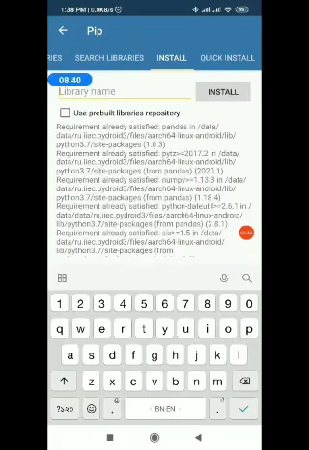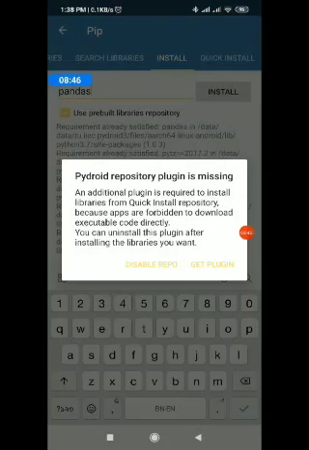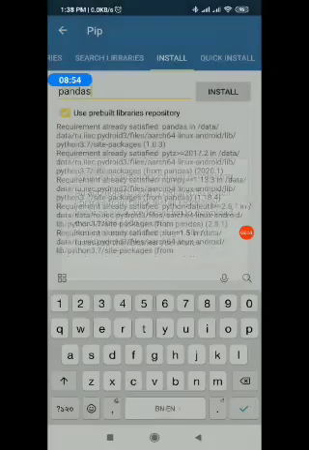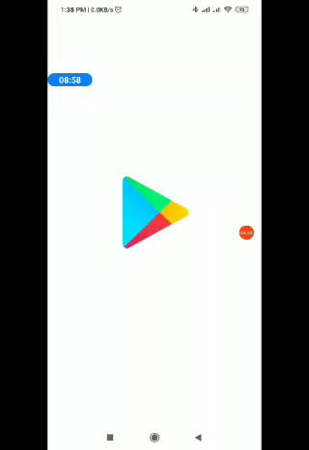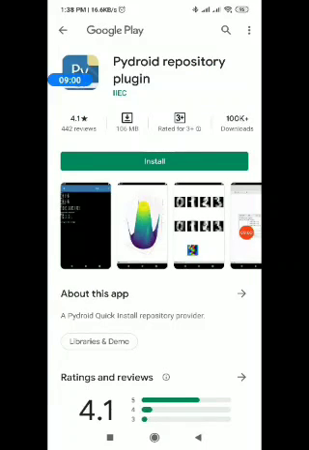Now see this checkbox. If I check it, it will say the Pydroid repository plugin is missing. It asks you to go to the Google Play Store, and you will find a very large plugin, around 106 MB.